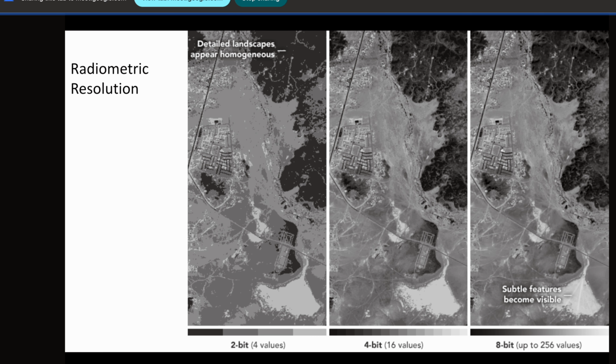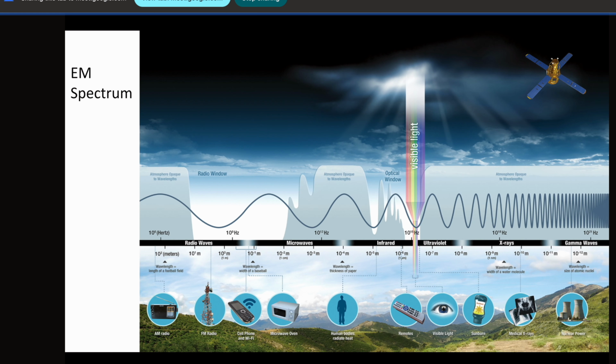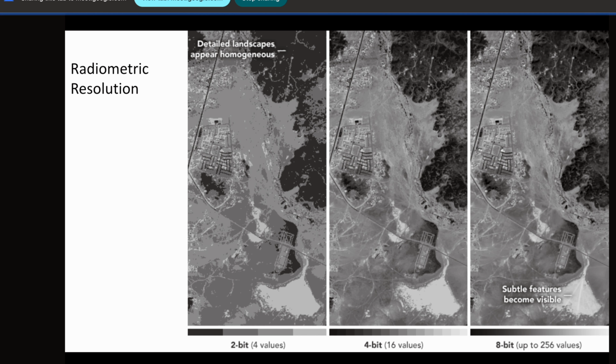Then now I will tell you about optical sensors. You have many kinds of resolution to define your sensors. In optical, one is radiometric resolution. Radiometric resolution means, if you have data, like camera data, when you are using your mobile phone and capturing with the camera, you are getting an image. That image is generally RGB or CMYK. If anybody has read about it, they will know, but I will tell.